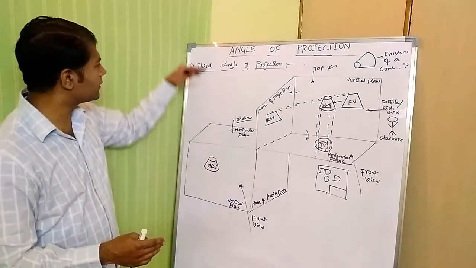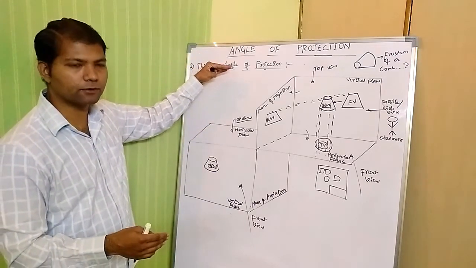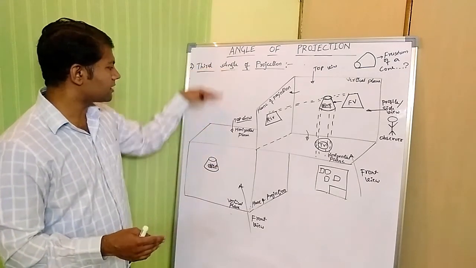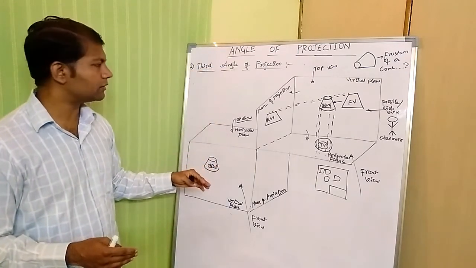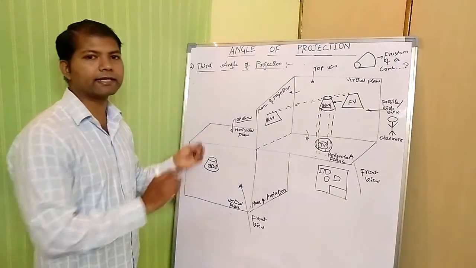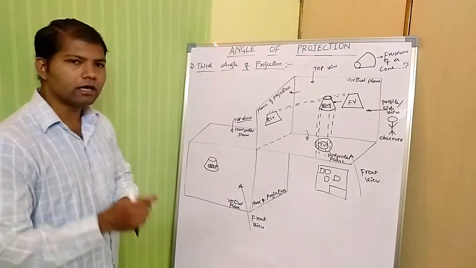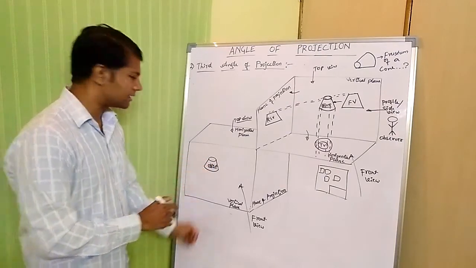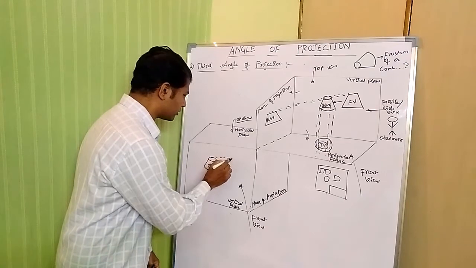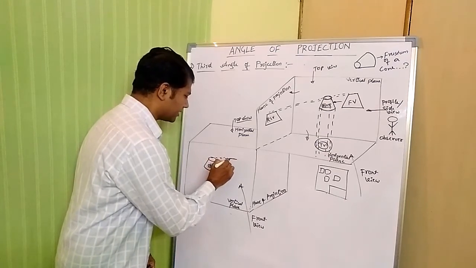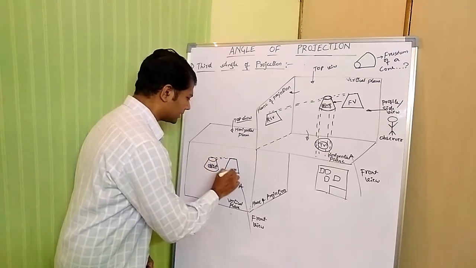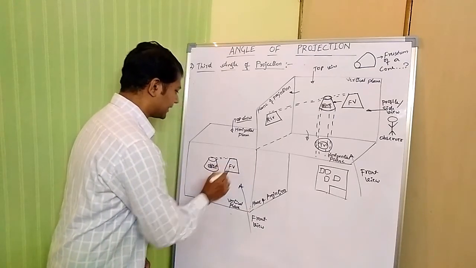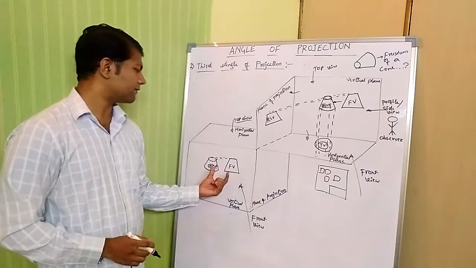Afterwards it is placed. If you are looking from the top view, again the same thing, first come the planes, then comes the object. So observer, plane and object. So this is how the third angle of projection arrangement can be taken. Now, if you are viewing the object from the front view, you can see the front face of an object. The same front face of the object is going to be projected on a vertical plane in a trapezoid form. This is a front view. We can take the front face as a front view.